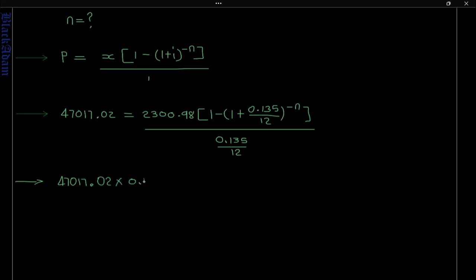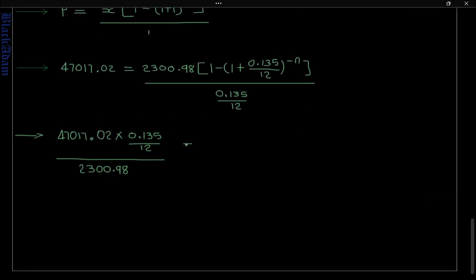Multiply by 0.135, so we multiply by 0.135 both sides and divide by 2,300.98. All of that is going to give us the right hand side, which is bracket 1 minus open bracket 1 plus 0.135 divided by 12 to the power negative n. And then from there